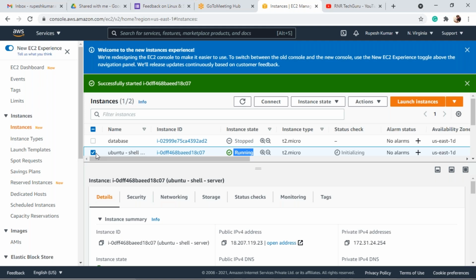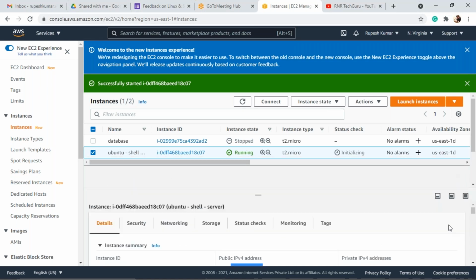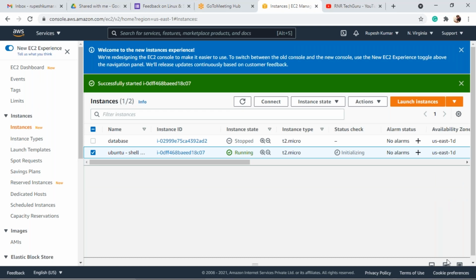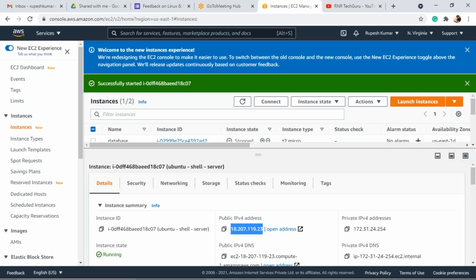We need to connect to our instance, right? So under this, you will find the public IPv4 address. Just copy the IPv4 address. If you didn't find it here, let's expand this one. Maybe you will be in this mode. If you click on the middle one or else the last one, your panel will be expanded. So expand your panel and copy your public IPv4 address. Copy. Now open PuTTY.